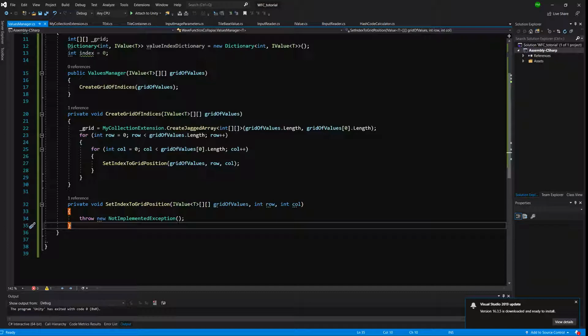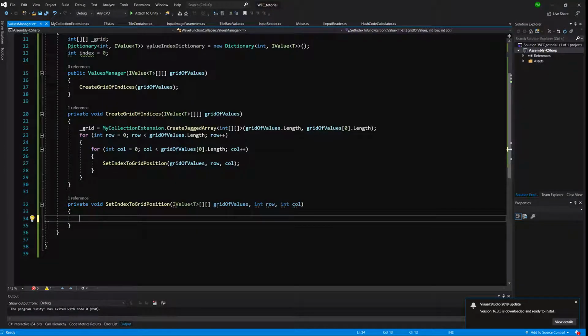If our dictionary contains the same value, we assign the index that already exists to our grid. Otherwise, we create a new index and assign it to our grid and to our IValue instance. So first we will create an if-else check. If valueIndexDictionary contains value,